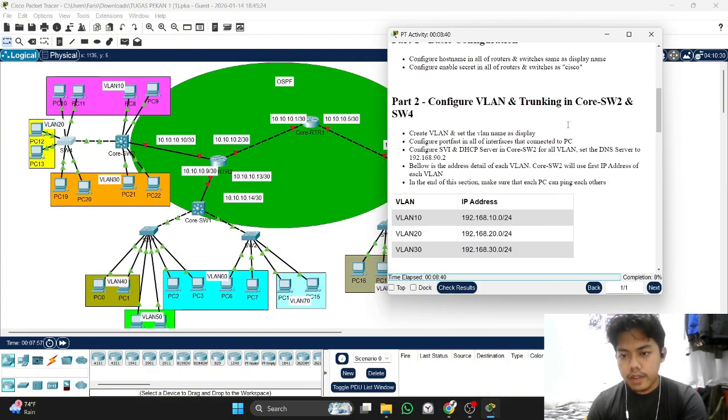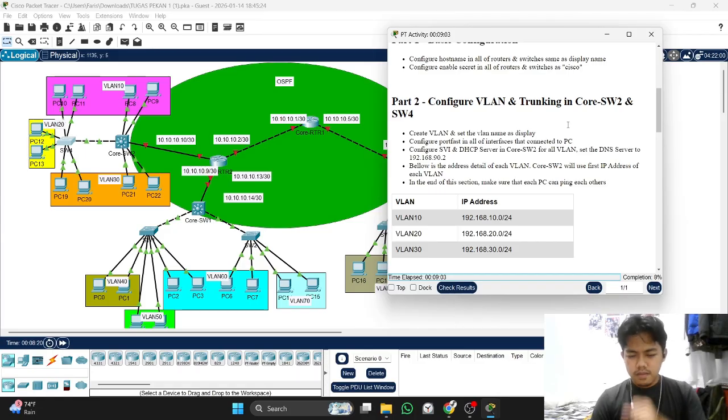We will configure VLAN and trunking in core switch 2 and switch 4. First, we will create the VLANs and set the names, and then we will configure the portfast on the ports that connect to the PCs.